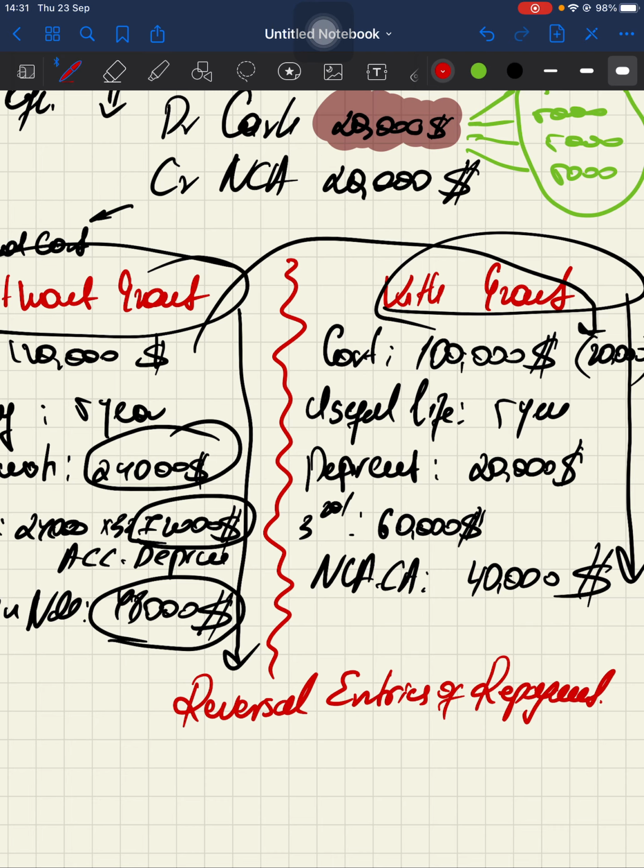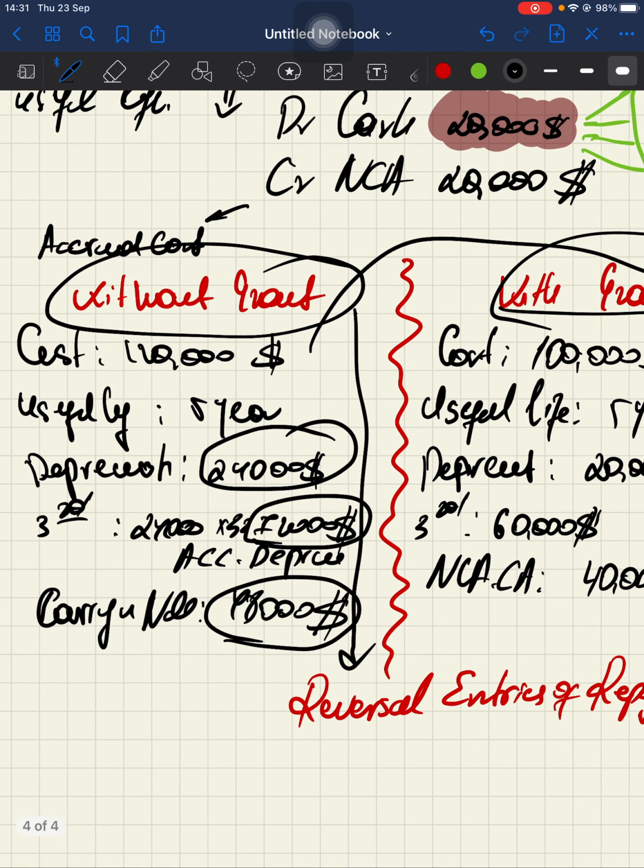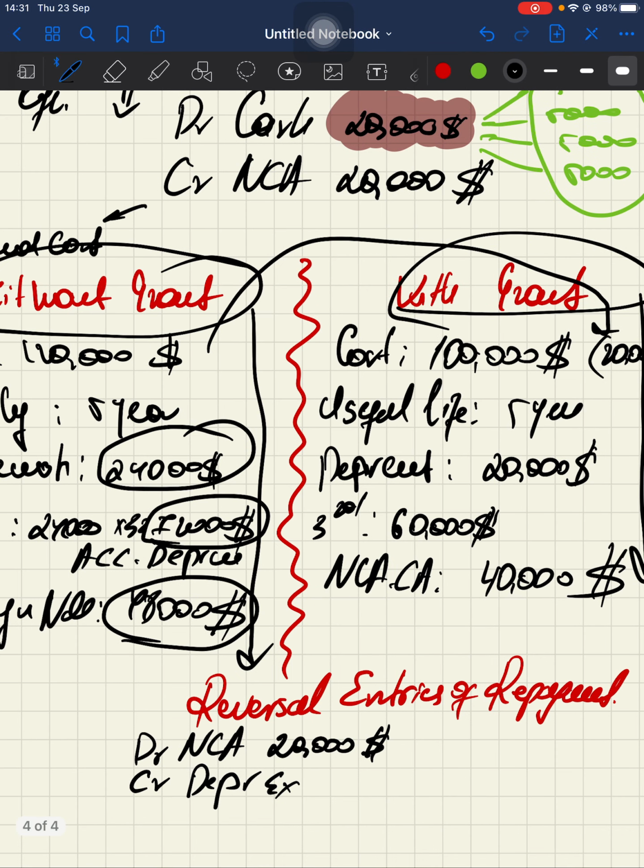Here we will record debit non-current assets $20,000 and credit depreciation expense. Let me look once again. Yes, we are debiting $20,000 to the asset. Then we are crediting the depreciation expense, because